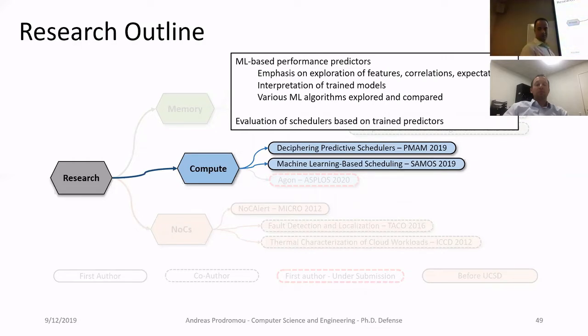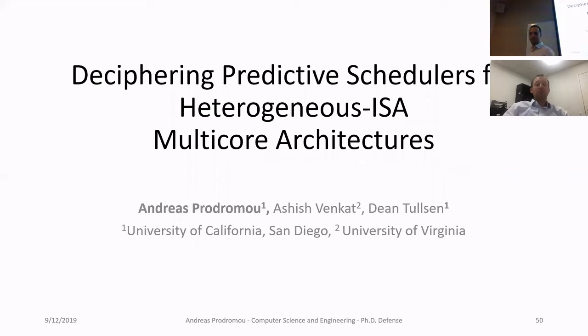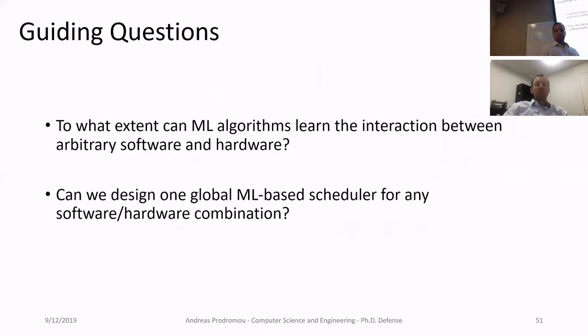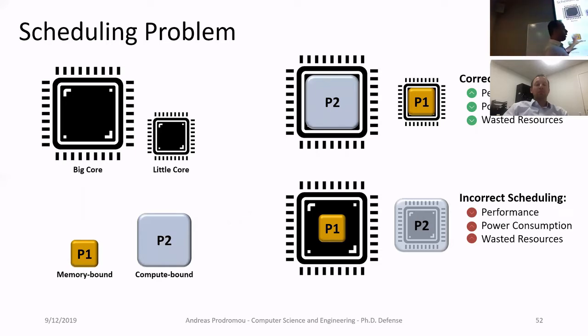Okay, the title of this work is Deciphering Predictive Schedulers for Heterogeneous-ISA Multicore Architectures. And really, this study has been guided by 2 questions. The first one is, can we actually train machine learning models to learn all the interaction between arbitrary software and hardware? And if we can, could we design one global machine learning-based scheduler, to support any underlying hardware and any software that shows up? Just a reminder, the scheduling problem and why we need this, why we need good resource